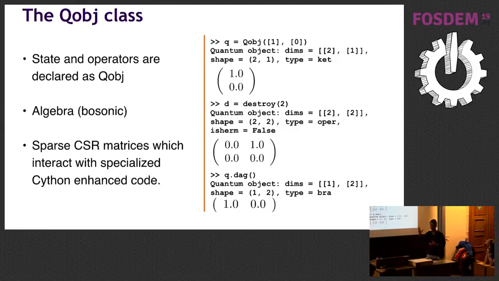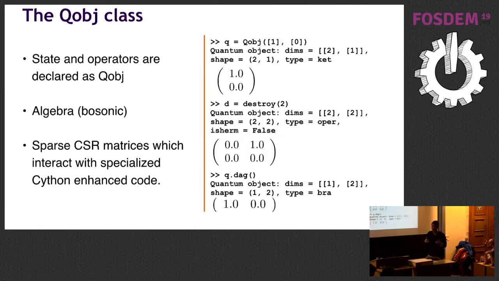And at the heart of it lies the quantum object class. So everything you define in QuTiP as a quantum object goes into this quantum object class, which knows the type of this quantum object. So if it's a ket or a bra, vectors, if it's an operator, or if it's a higher order super operator, and so on. And this quantum object class can understand the algebra that you need to have in quantum physics. And they are represented very efficiently as CSR matrices, which interact with specialized Python code to do simulations. But we are facing some trouble with the quantum object class as the problem becomes larger and larger.